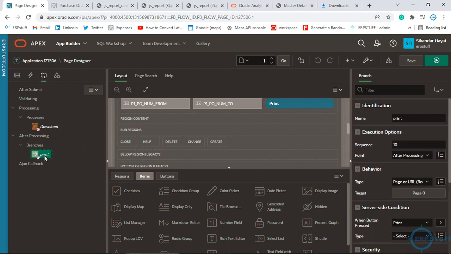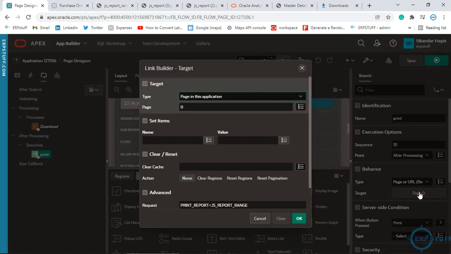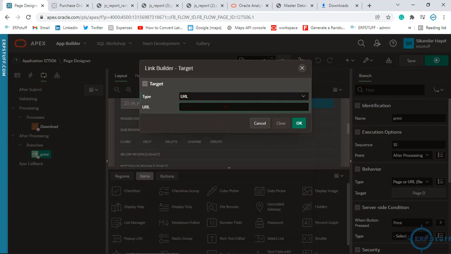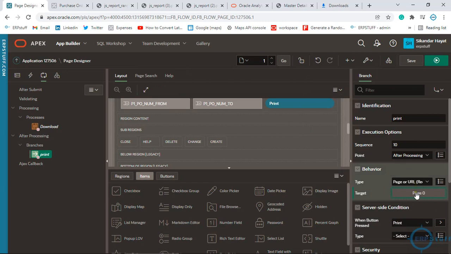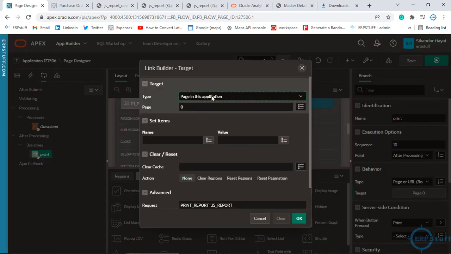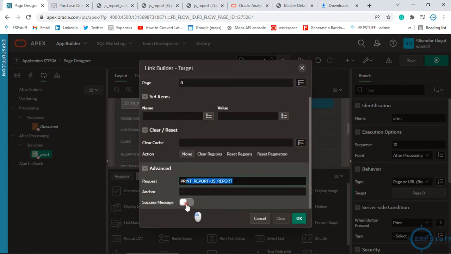I created this branch, named it print, and in the page just click URL and then paste that URL over here. It will automatically make it page 0 if you click here, or you can say page 0 in this application, and you copy this print report equal to the report name that is there in that URL, at the end.